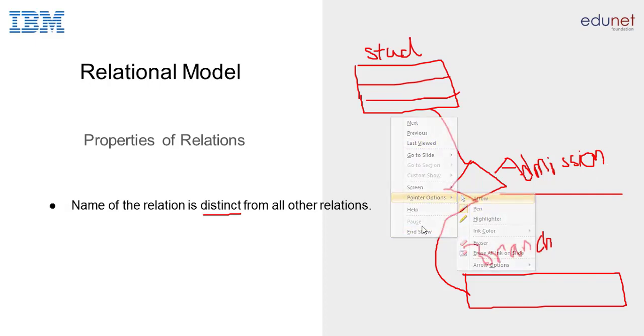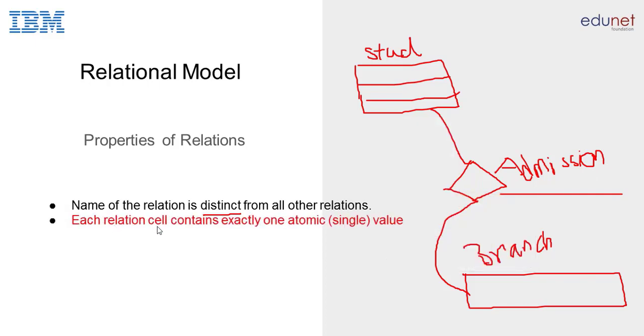Now next is: each relation cell contains exactly one atomic value. Let's understand what a single atomic value is. Single atomic value means each table has unique records. Here, student ID is an atomic value.